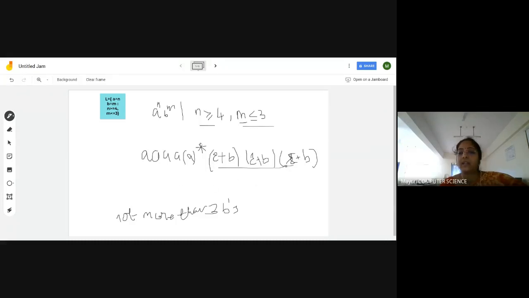See, it will accept any length, only the maximum length of this is 3. It will accept length 0, length 1, length 2. Maximum is length 3, meaning B, B, B. If you want only 2 B's, take these two and leave the other as epsilon. If you want only 1 B, take any one of the B's and take epsilons for the remaining. So that is the concept. Understood, I think? Yes, ma'am. Let me go to the next question.